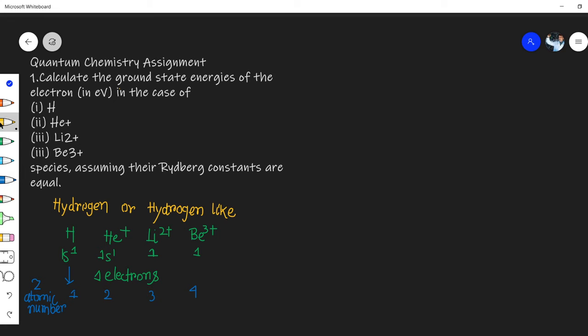Okay, now let's find out the energy value for hydrogen. So we know the ground state energy for hydrogen in electron volt, okay? See, unit is very important. So in this particular scenario, the formula is minus 13.6 Z square upon N square. So here N is the principal quantum number. For all of these electrons, the value of N will be 1 in all scenarios, right? Now, can you please find out the energy value of hydrogen?